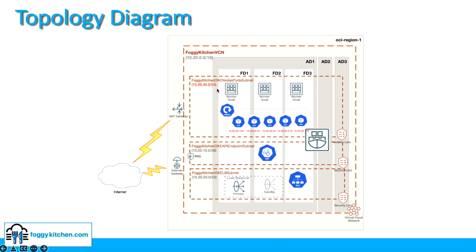We have three different subnets, and we have a dedicated subnet for worker nodes of OKE and for pods. So here's a CIDR, and for each and every pod we can expect a dedicated IP address from this pool, right? So this is exactly what we are planning to deploy, and now we can go directly to the code